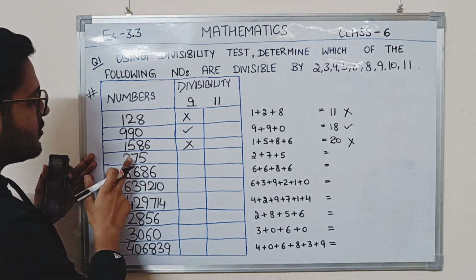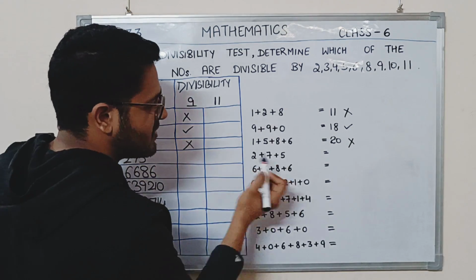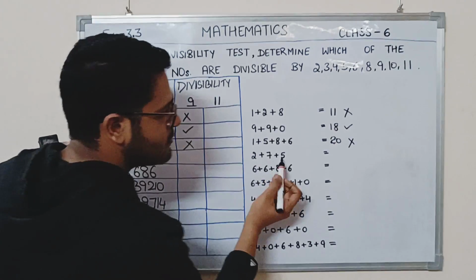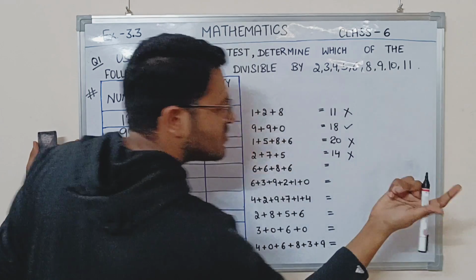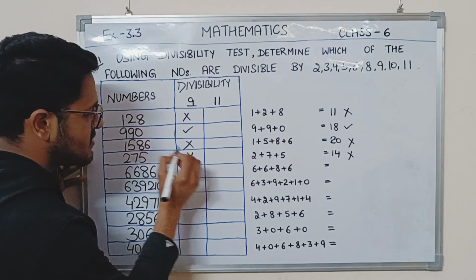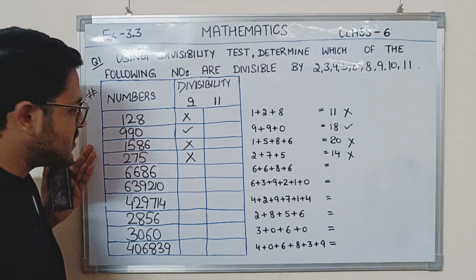Next, 275. 2 plus 7 plus 5. 2 plus 7 is 9. 9 plus 5, 14. 14 is also not divisible by 9. Therefore, this is not divisible by 9. Next,